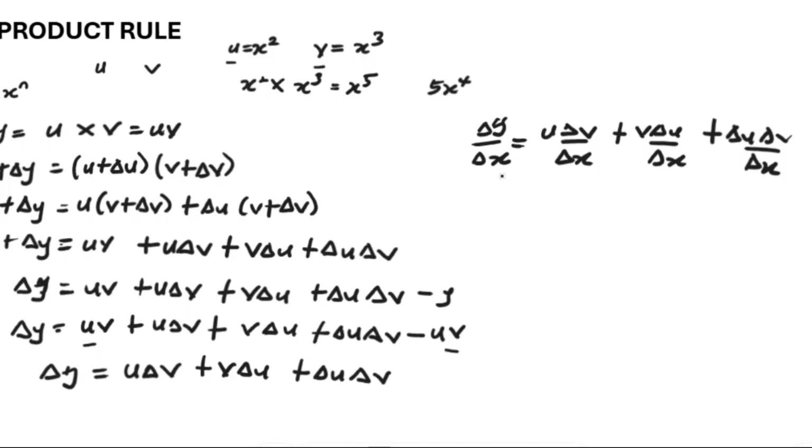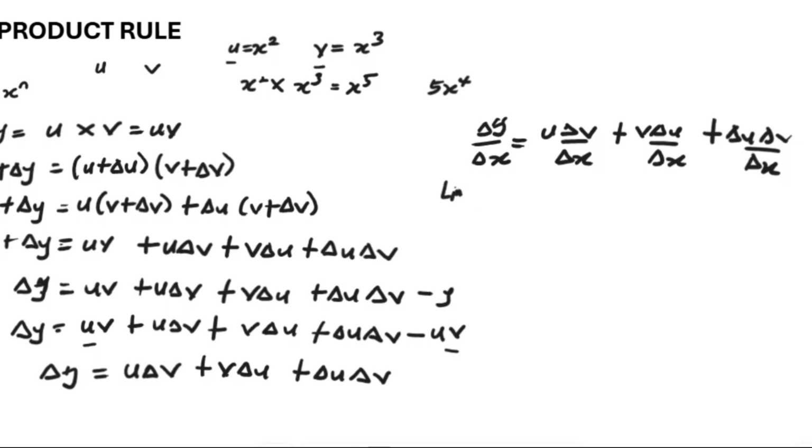So it means that after dividing through by delta x, the next step is that you find the limit as delta x tends to 0 of both sides. If you don't get the concept of what I'm saying, dividing through by delta x, you need to go and watch the series on derivative from the first principle. So under that series, we have explained each of those steps, why we are doing that, and the processes involved. So from here, if we take limit as delta x tends to 0 of both sides,